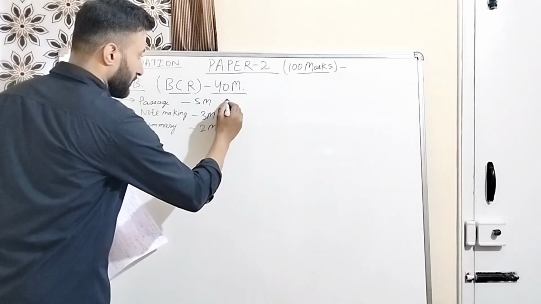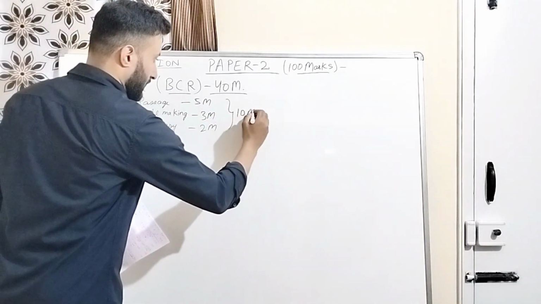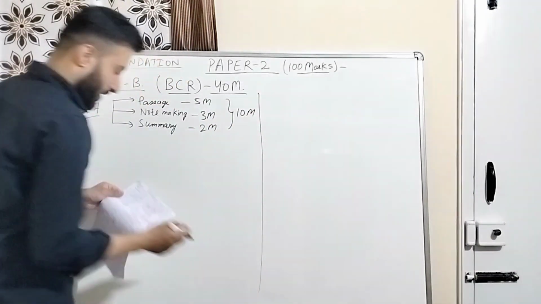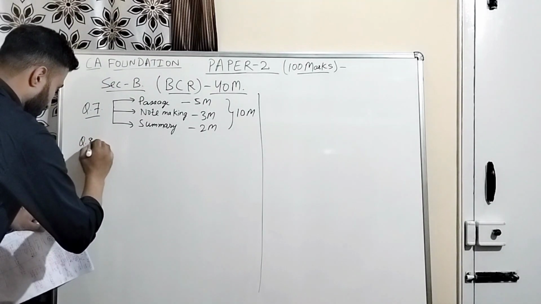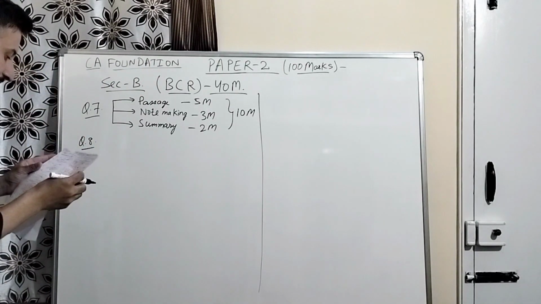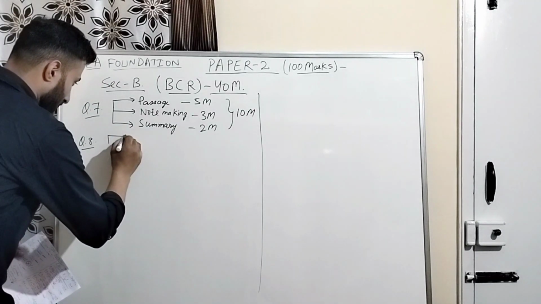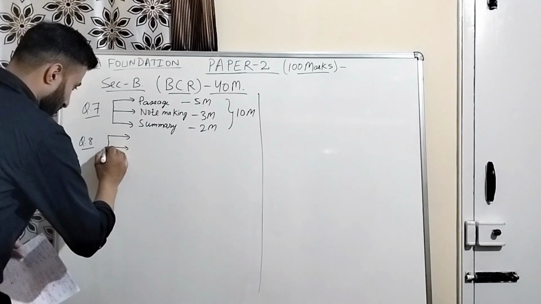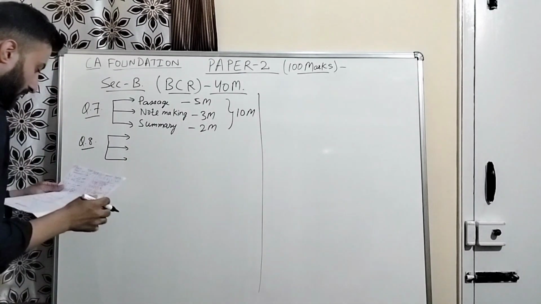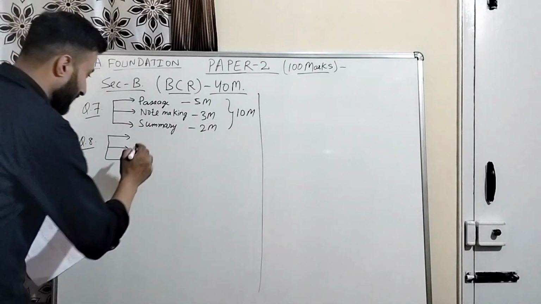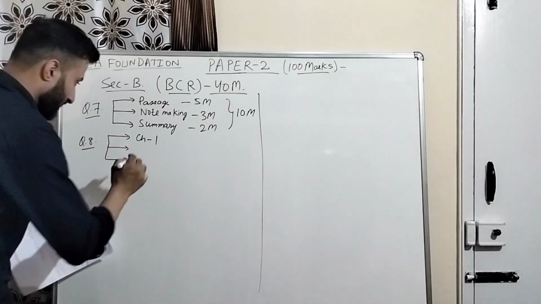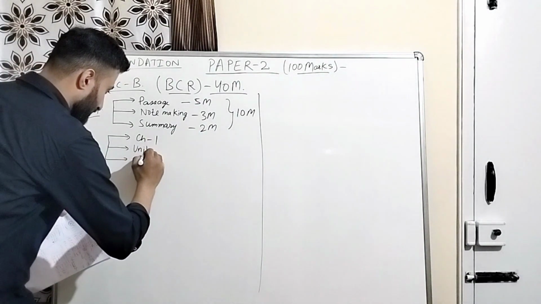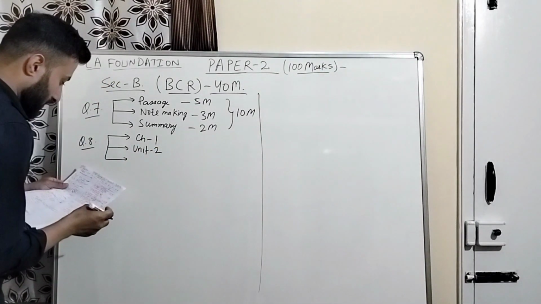So total is of 10 marks. Okay, now we'll see question number 8. Question number 8 is again divided into 3 parts. First part will come from chapter number 1. Second part is unit 2. Third part is